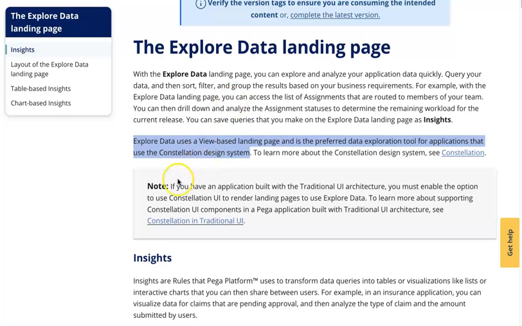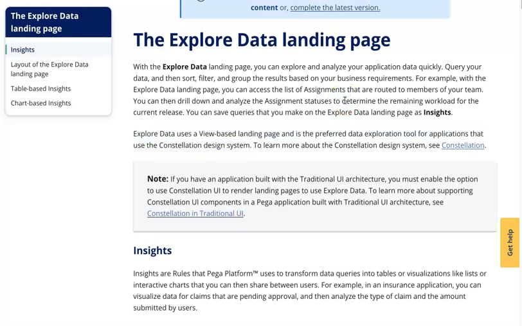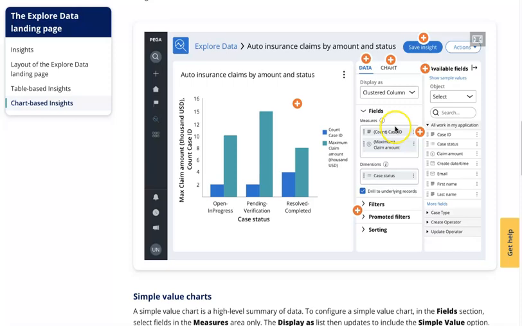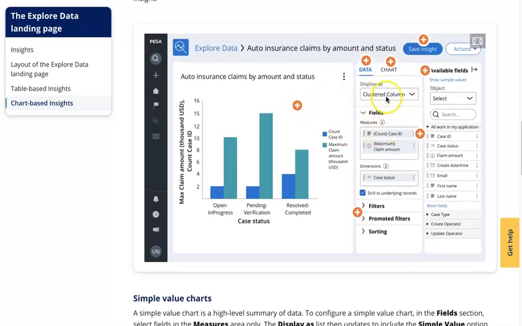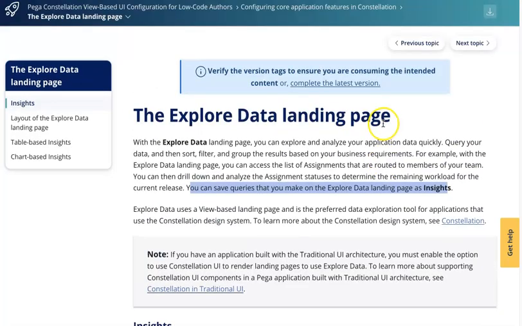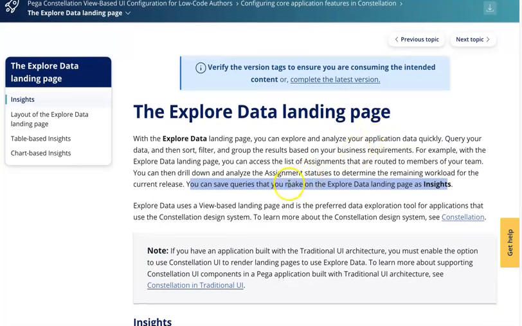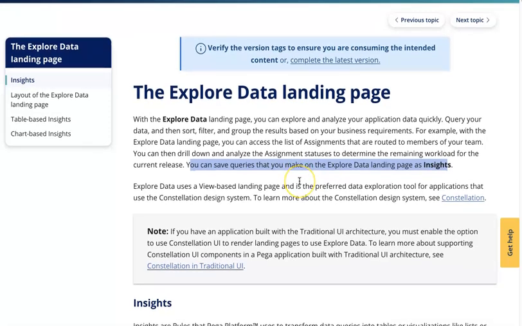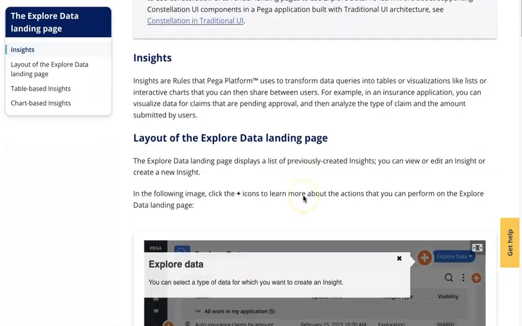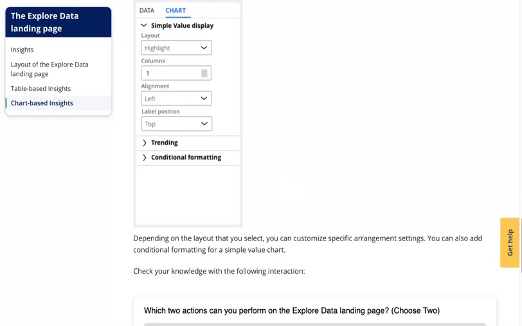So I thought this would be a good post, so I can just add it here, and that's something for them to look into. Over here, you typically make queries, and you can save your queries as insights. Basically, the view looks like this, and then you design the view you want to be able to drill down the data. It's really useful, especially for drilling down on the data, right? You can have it in Constellation, or you can also have it in UI Kit by building what we call a hybrid, by adding Constellation inside your traditional development, right? Which will lead you to a view similar to this one,